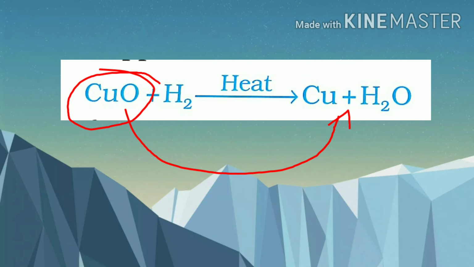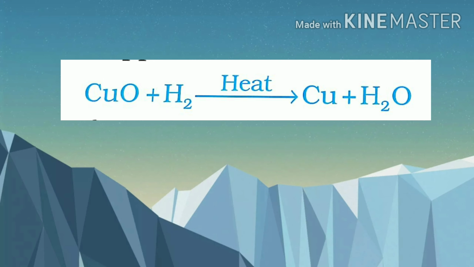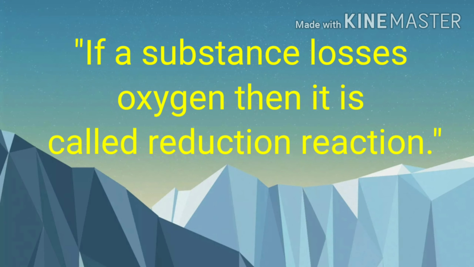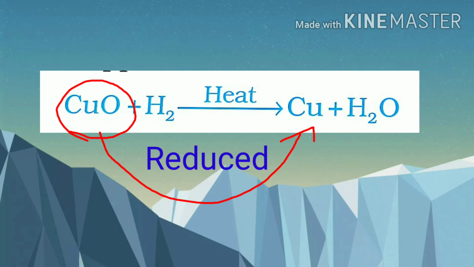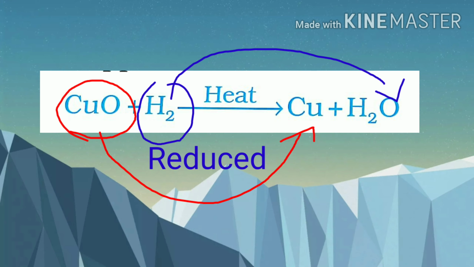Here copper oxide loses oxygen during the reaction. So it is said to be reduced, a reduction reaction. The definition of reduction is, if a substance loses oxygen, then it is called a reduction reaction. Take an example reaction 1.29. When copper oxide is losing oxygen and is being reduced,